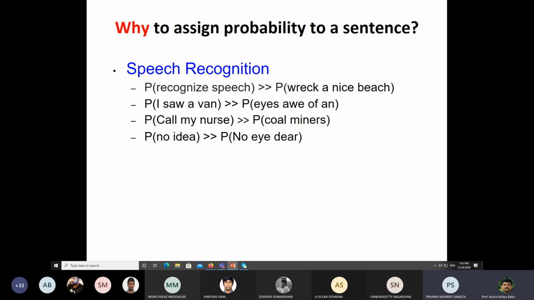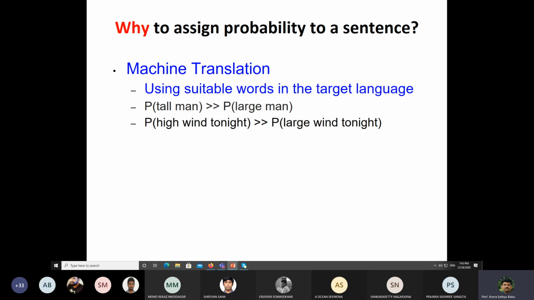Fine. So similarly, in the concept of machine translation, here also probability comes to the rescue. Suppose I say "bada ladka". What do you mean by bada here? Maybe tall or large. What should we mean by it? "Bada admi": tall man or large man. Of course, we can use the word lamba or bada. This type of thing we can use properly.